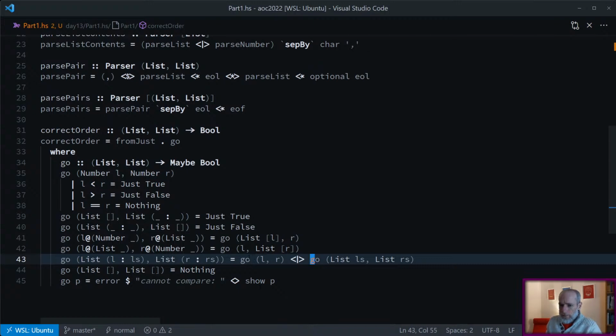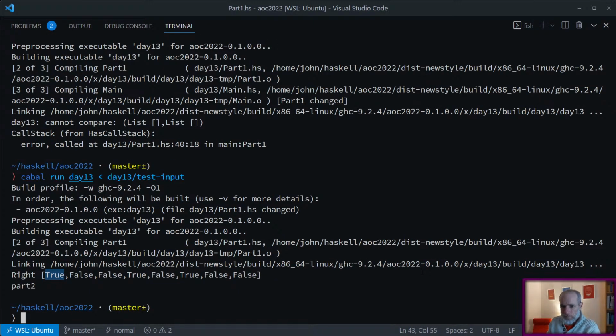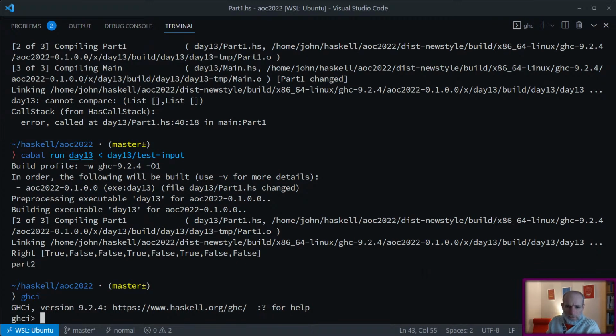So I think what will happen is you get nothing, and then it'll do the right hand side. So if you say nothing, oops, or just hi,